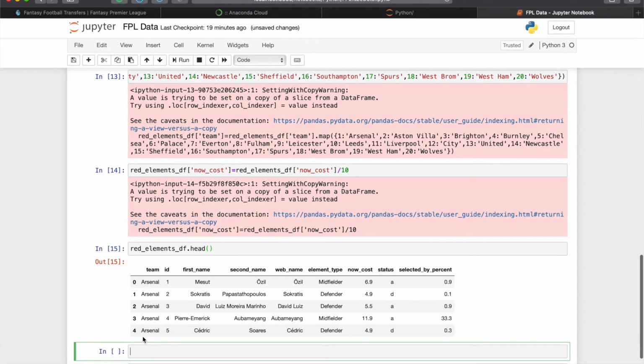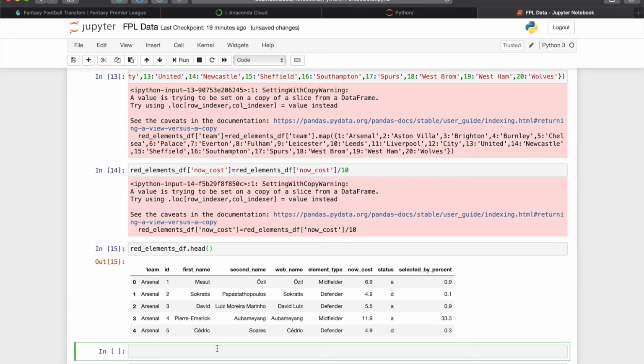There you go. You have Arsenal 6.9, 4.9, 11.9, everything is there. Now you can change these metrics according to your own choice, or you can just keep it like this.